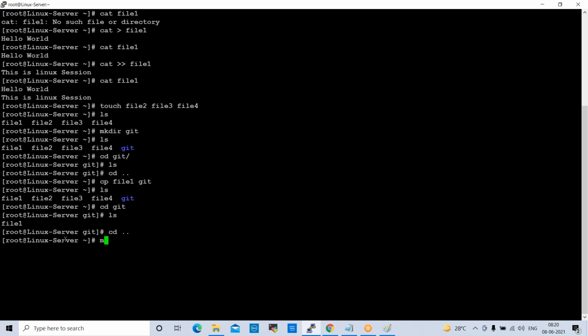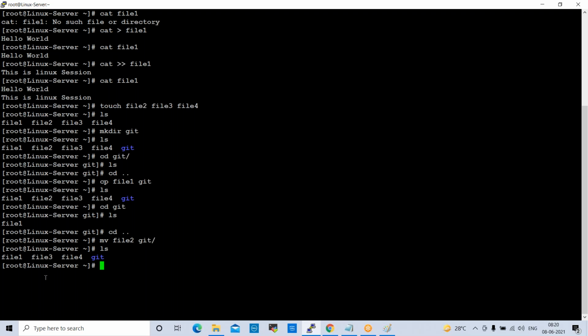Okay. So next one is the move command. So the command here is mv and file2. I want to move file2 to the git directory. Enter. Now, if you check ls, there is no file2 here. So moving means completely moving from the source place to the destination place.